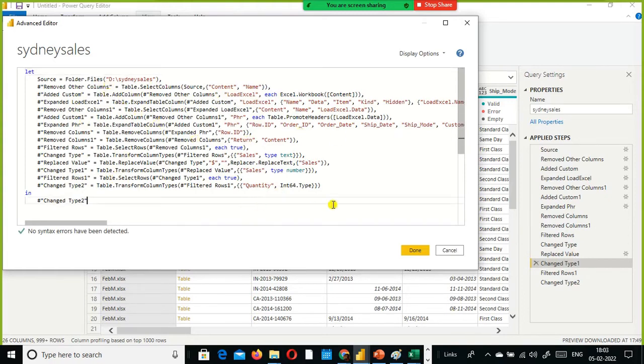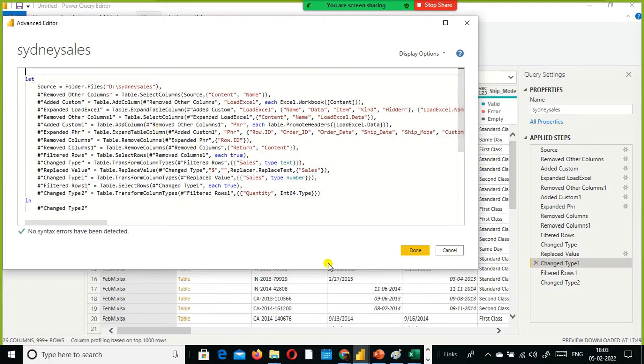Fine. Now what I do is I just go here on top. I just convert this entire M script into a function. I just say something like file name. I'll explain what a custom function is. Okay, here I do one thing.